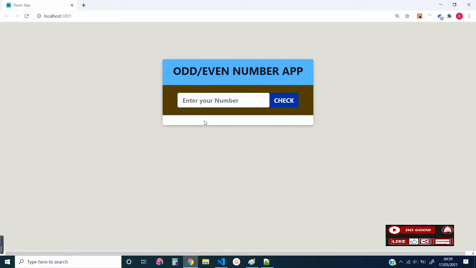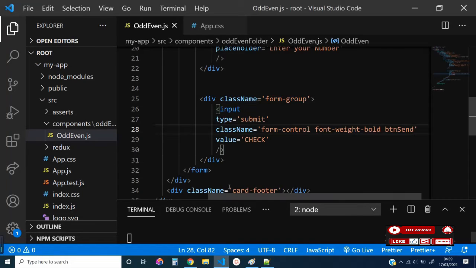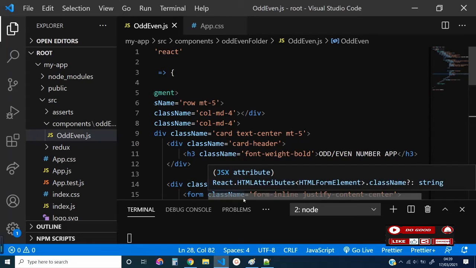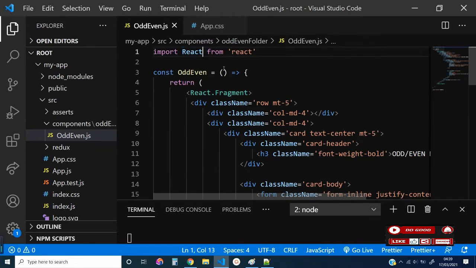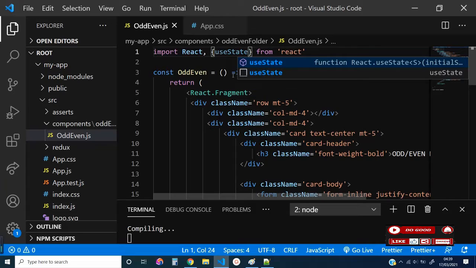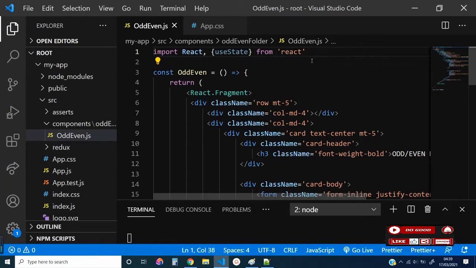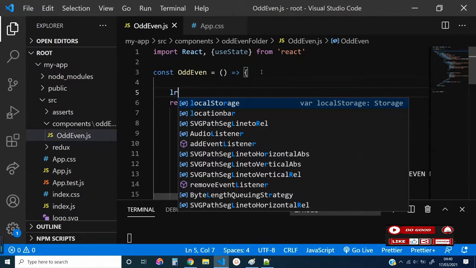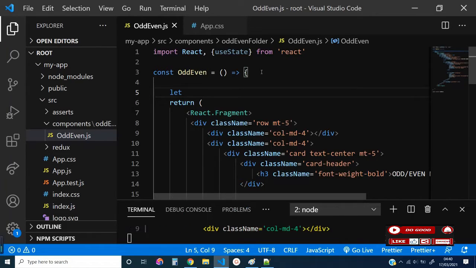So next thing we do, we're going to work on the footer later. Okay. So next thing to do is to bind the inputs. Okay. So how to do that? We import useState. Okay, so we say import React, useState from React. That is that. So next we can now say that let